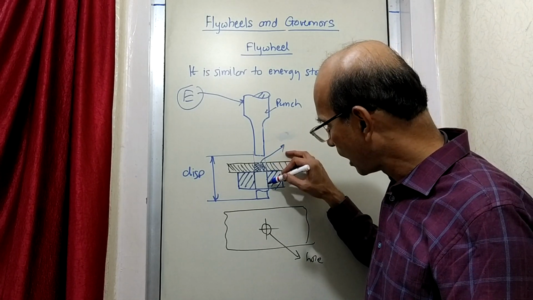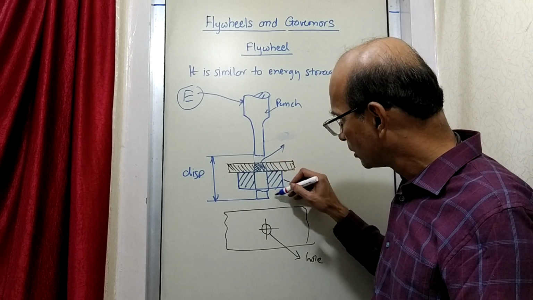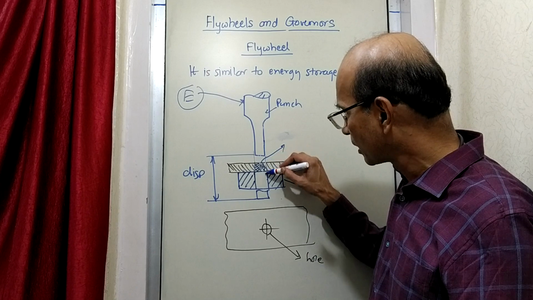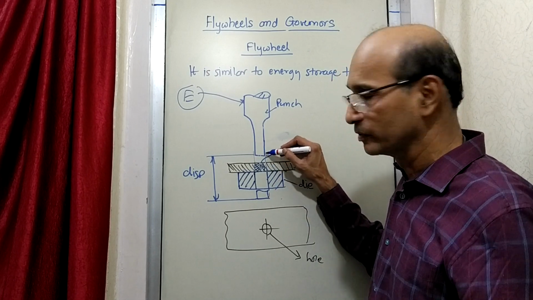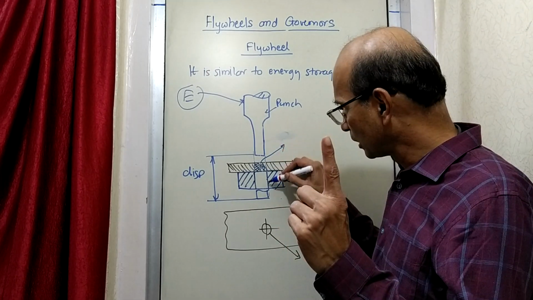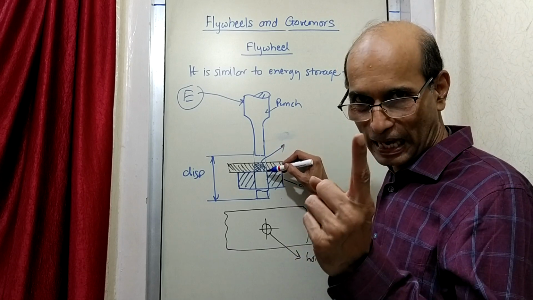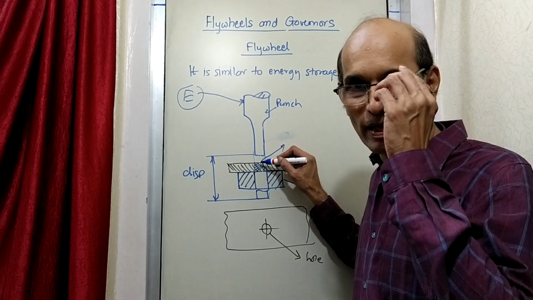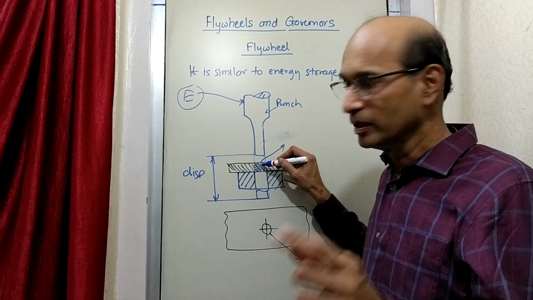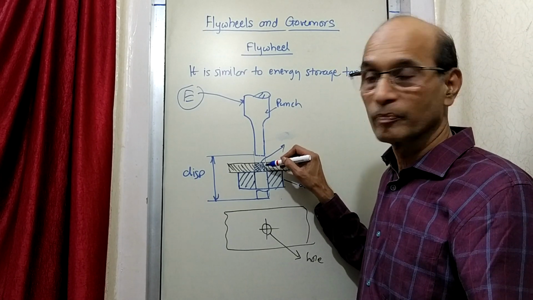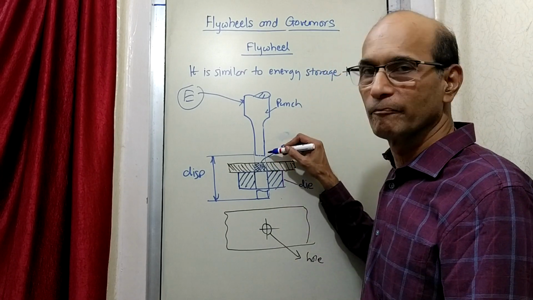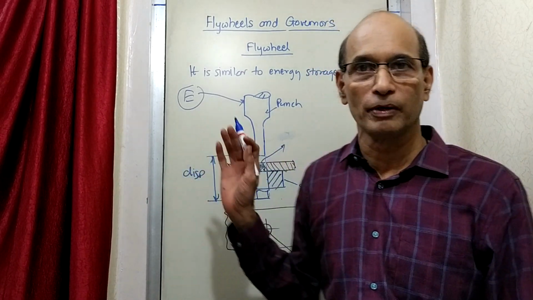But it has to just come down, release this disc out, and then it goes up. So if you see the total cycle, it starts from here, goes down and comes up. This is one cycle. So out of this total displacement of one cycle, only during this much part, when the cutting action takes place, only during that time the load required is more. The rest of the time from here, and while going back, there is not much load except the friction.